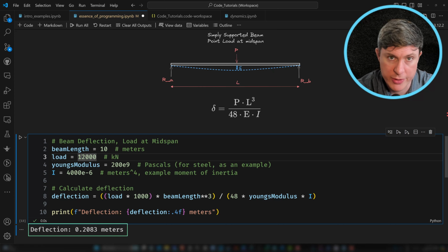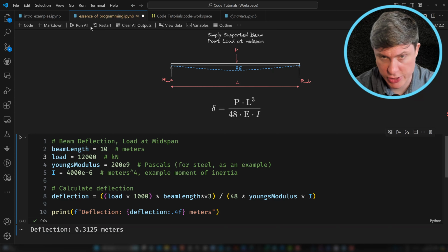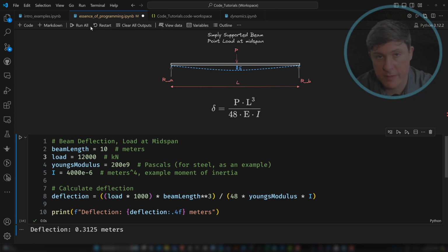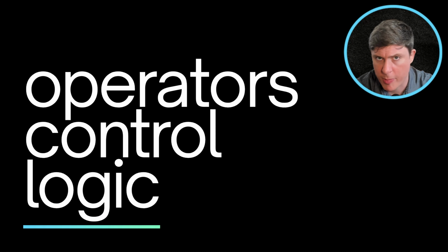So it's important to choose meaningful names that reflect the concepts that you're working with. And you need to be careful of data types and ensure that your calculations are using them correctly. You don't need to worry about this too much now because we'll dig into the syntax more later. I'm really just flying through this stuff to give you a high-level overview. Variables are the fundamental building blocks to construct your algorithms, but they're only one piece of the puzzle. So how do we logically operate with all of these variables? Well, that's the next topic.